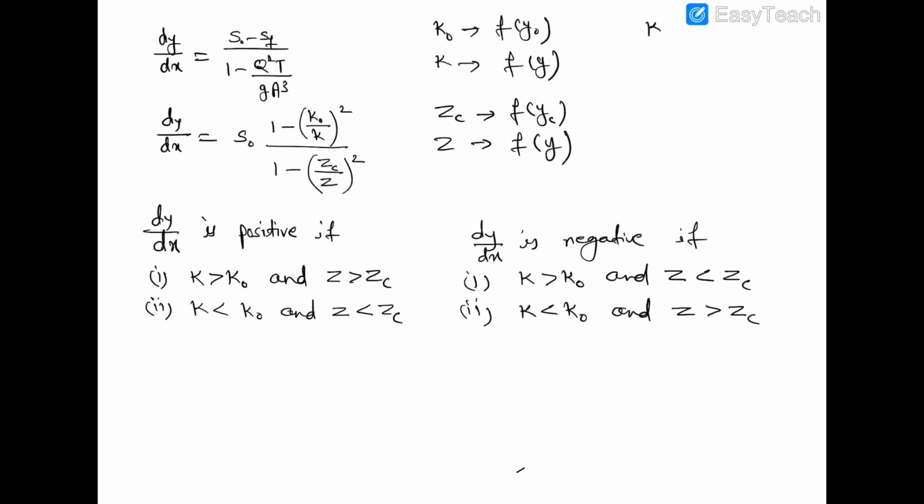The expression of k is 1 by n A R to the power 2 by 3, because Q is equal to K root over S, where K is conveyance. Conveyance actually represents the discharge with respect to the bed slope. Means what is the effect on discharge when we change the bed slope of the channel? That is nothing but conveyance, and its expression is 1 by n A R to the power 2 by 3. Here in this expression, n is constant and the channel is prismatic, as we considered earlier.